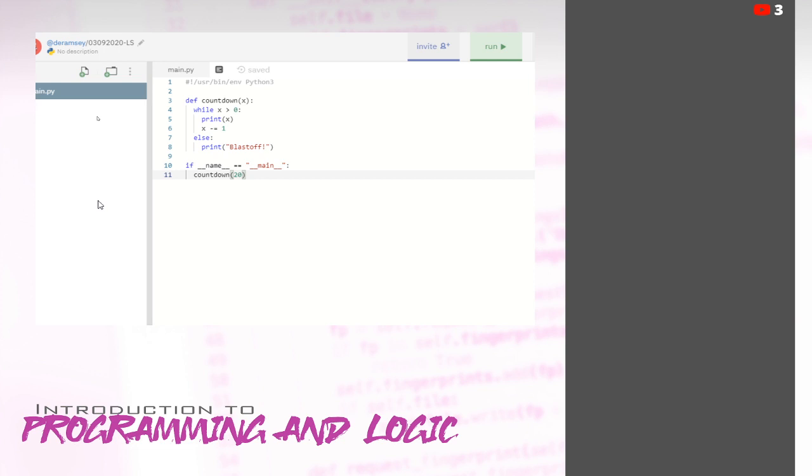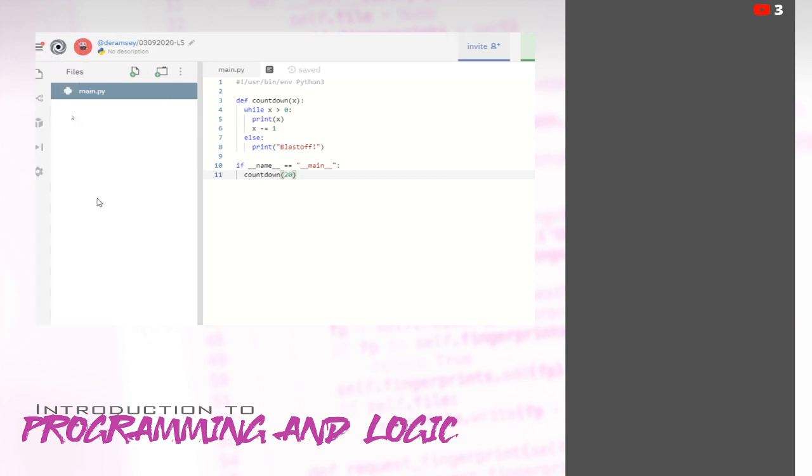It's a good basis for other stuff. You can write this manually and just write print 10, print 9, print 8, print 7. But you're writing a line of code for each of those lines. And if you decide, oh, I want it to print from 20 instead of 10, or 5 instead of 10, you're having to go back in there and add or delete a bunch of lines of code instead of just changing one thing.